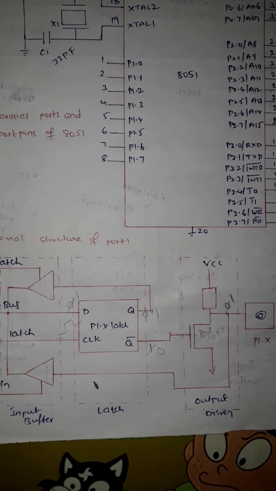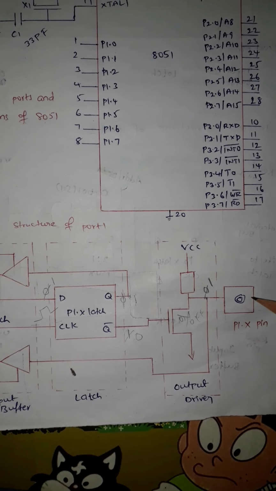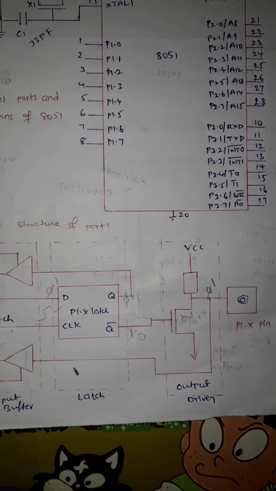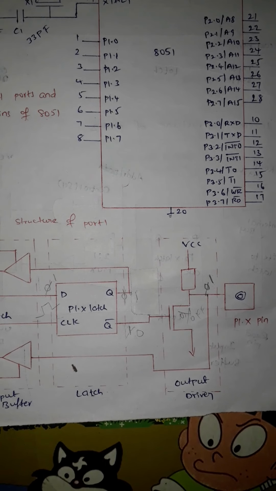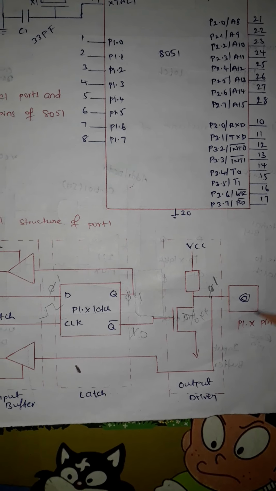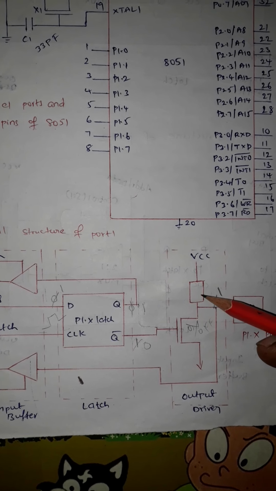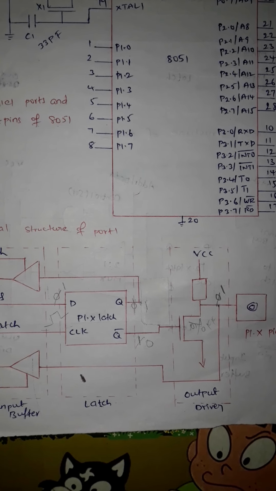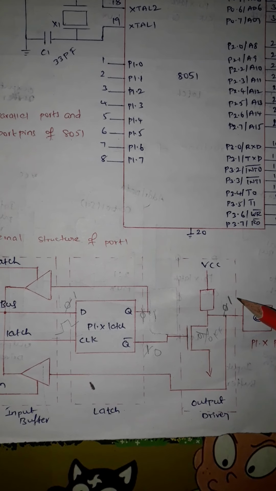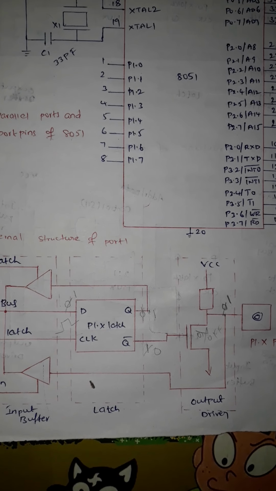Whereas if you want to receive the value or read the value 0, this port pin is connected to some external device, like a keypad, as a keypad is an input device. Now we want to use this port as an input port. A keypad can be connected to this port pin, and through the keypad you can pull down this value to 0. Then you can use the read pin line to read the value at the port, that is 0. So you can read the value 1 or 0.